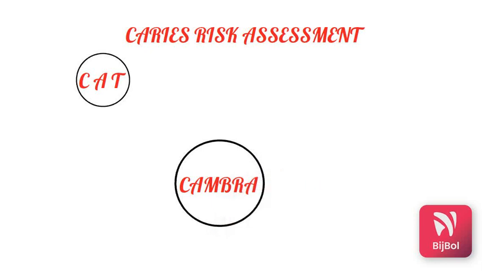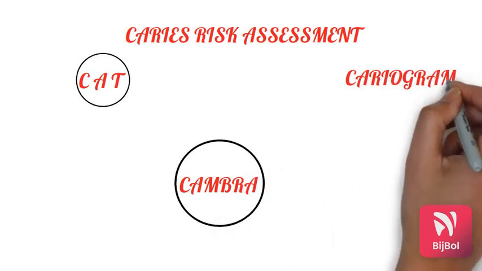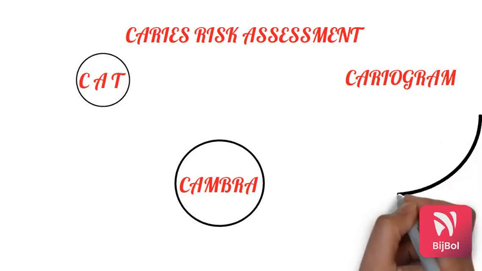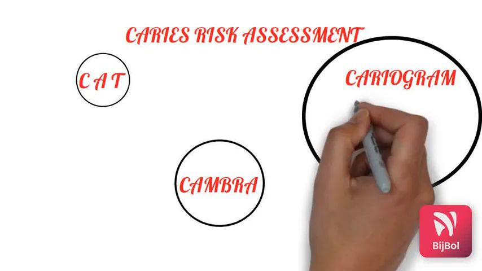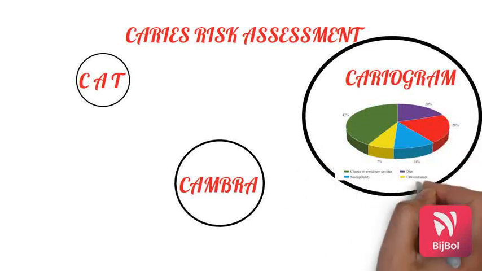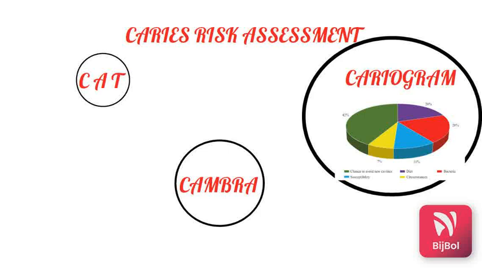Now we'll read about one of the important tools, the Cariogram, which gives the chances that an individual has to avoid new carious lesions, which is represented by the dark green color. The violet represents the diet of an individual, and the bacteria are represented by the red color, whereas the light blue color represents the susceptibility, and the yellow represents the circumstances, how the individual is facing the caries.